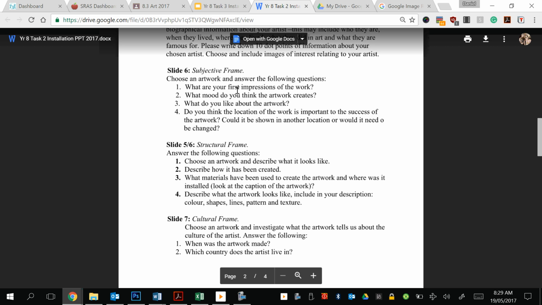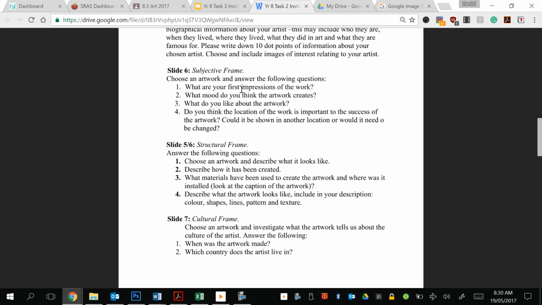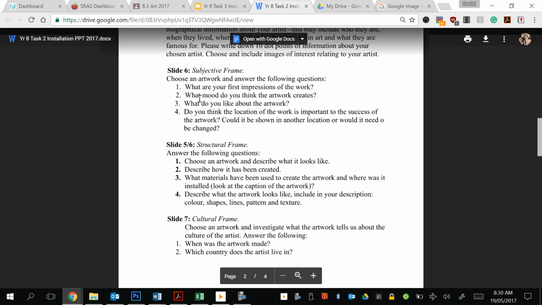So what are your first impressions of the artwork? On this slide, make sure you've got a picture of the artwork that you're talking about. My impressions of this artwork are blah, blah, blah. Now do me a favor. Can you go because and give me reasons for it? Not just I like it, because that's a really shallow, easy, uninteresting answer. If you give me reasons about how you feel about it, you're going to get yourself a whole lot more marks. And likewise for the rest of